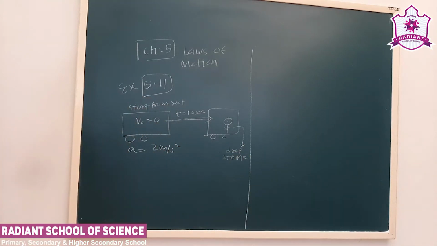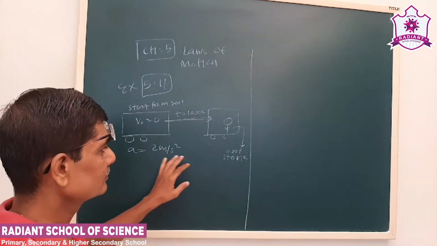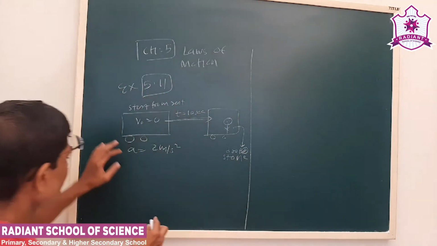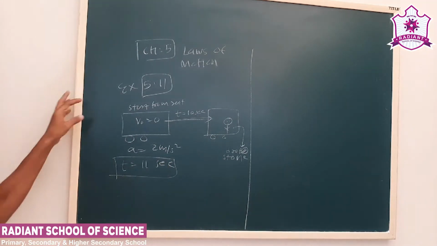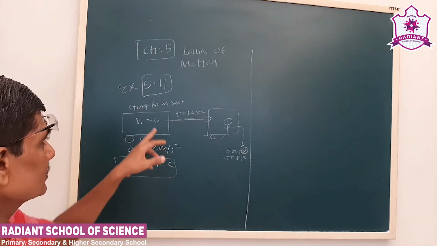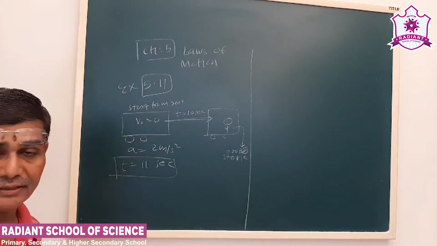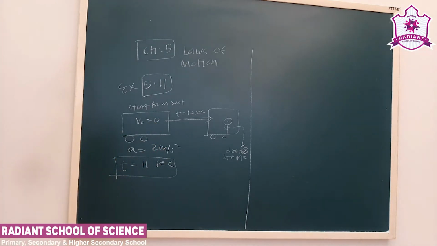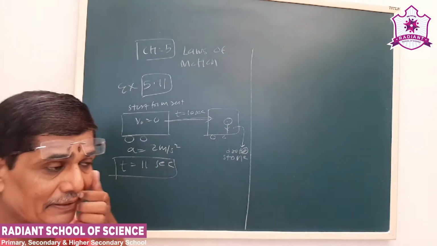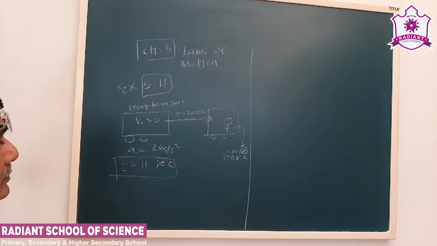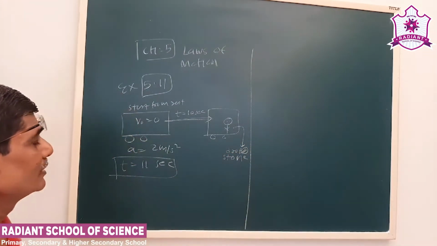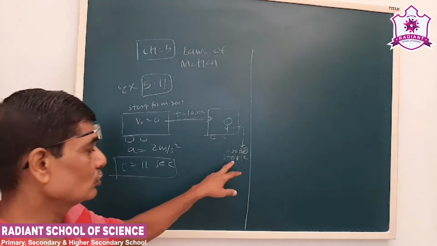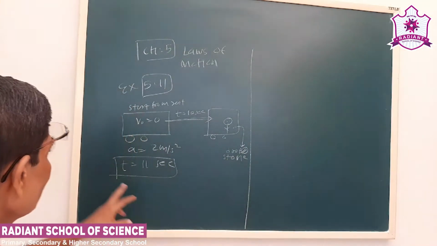What will be the velocity of the stone at t equal to 11 seconds? See, the question is like this. The truck starts from rest. Acceleration is 2 meters per second squared. Travel for 10 seconds is given, and once it has traveled for 10 seconds, a person drops a stone. We have to find the velocity of the stone at t equal to 11 seconds.